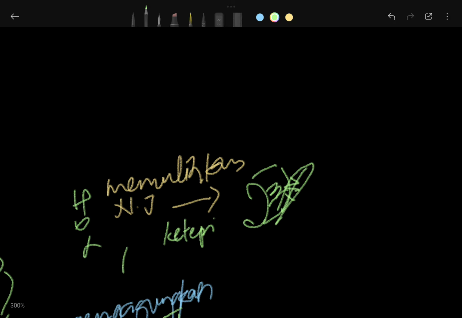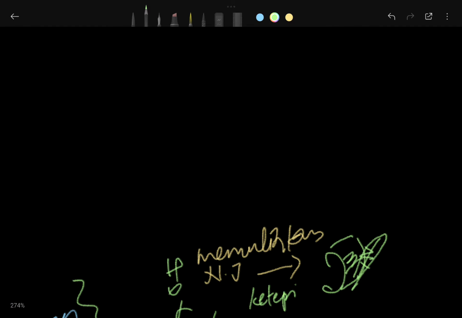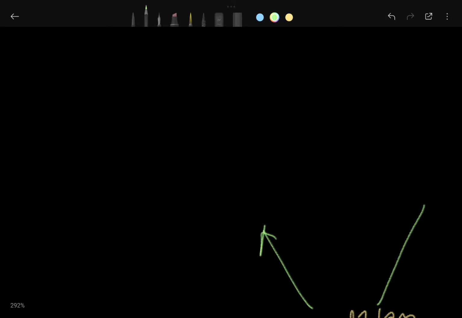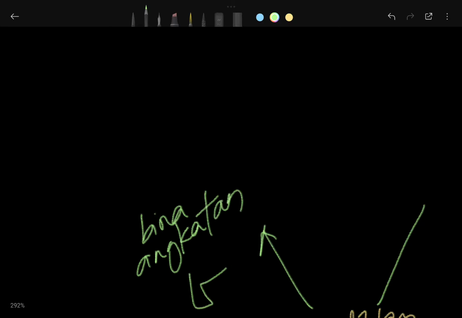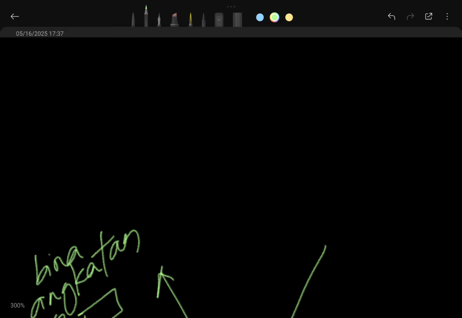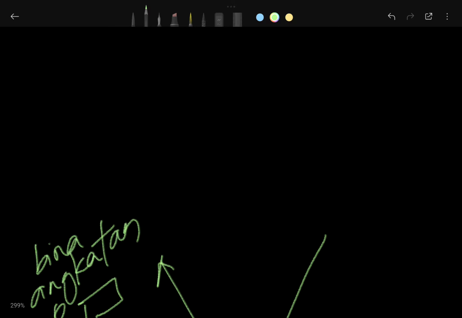If you remember Perjanjian Versailles and your persidangan, one of the things was that they akan mengehadkan angkatan tentera German. But they were like, hell no. What they did was membina angkatan tentera semula. They built up their military force over there, and not only did they do this, they also menduduki Rhineland semula,